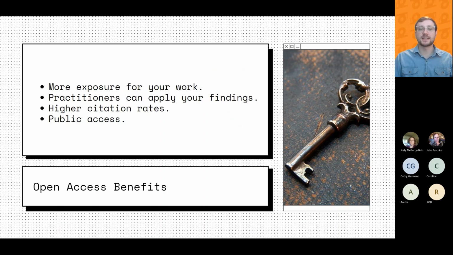Let's say you're a dentist, you could access cutting edge research without having a subscription to an expensive journal or an institutional access of some kind.